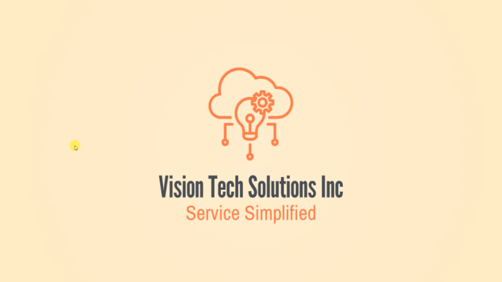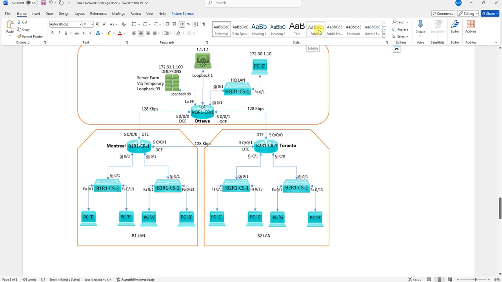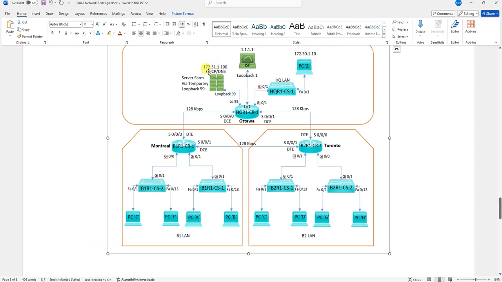Hello everyone, in this video I'm going to show you how we can redesign the network that we created in Lab 3. First thing I'm gonna show you how the topology will look like after redesigning the network. So in this new network, we are going to add another subnet, which is 172.31.1. And this subnet we are going to add for the DNS and DHCP server, which represents here in this